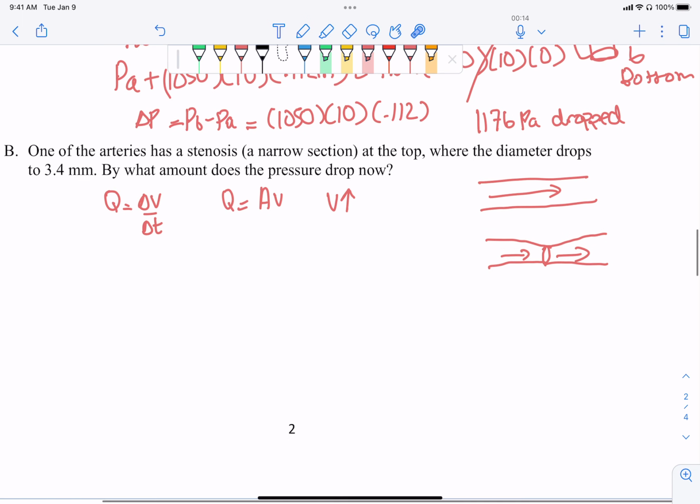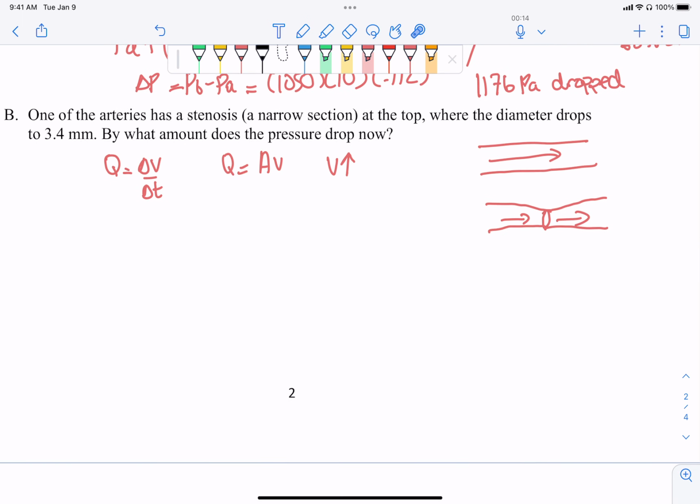That makes sense because here in this area I have a lower pressure, but here I have a higher pressure. Or do I have that mixed up? I can't remember. I don't know if I have the pressures mixed up, but